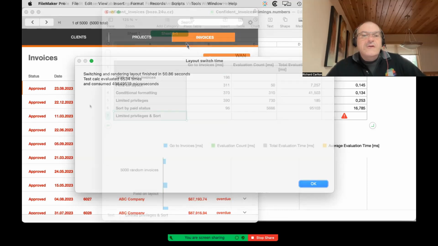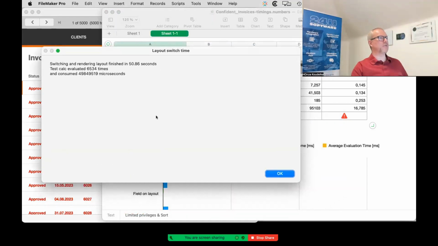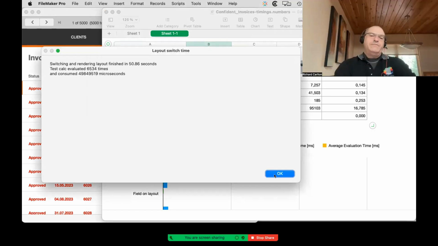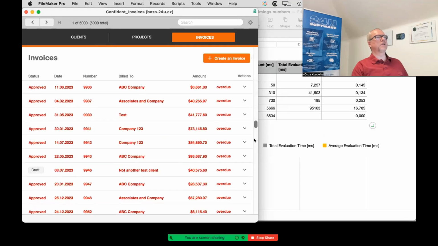There it goes. So it was not much worse, only because it was basically applying the same thing. It was evaluated a little bit more times, but it's not critical because it's just for the records that are showing. And the reason is that the records that I am not supposed to see